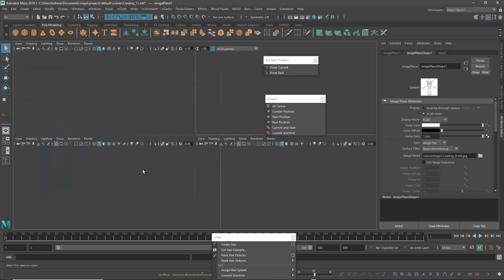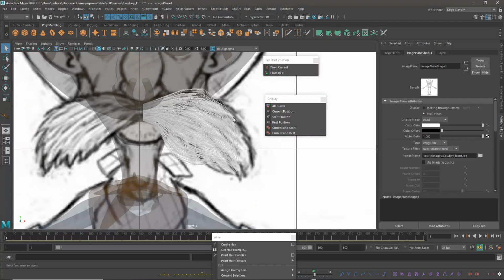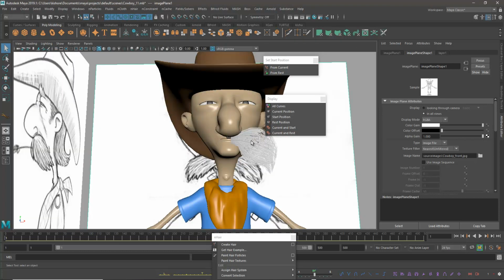Fine. Now come to the front view. You can check it out. It's a little closer. This is enough for us. We don't need more than this. So what I'm doing is select